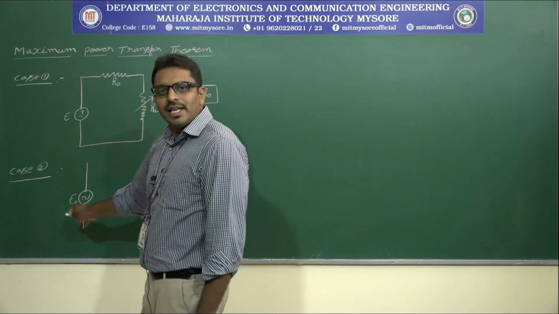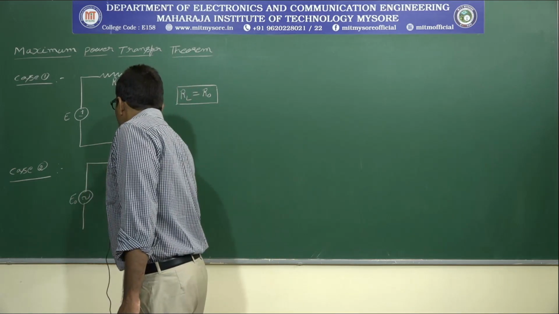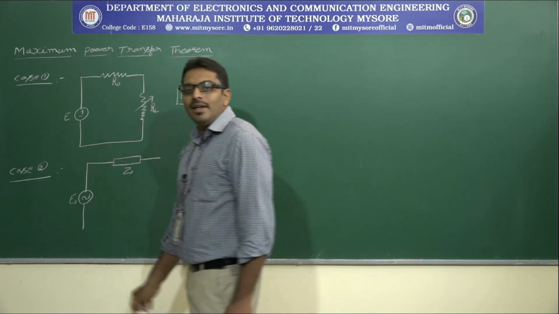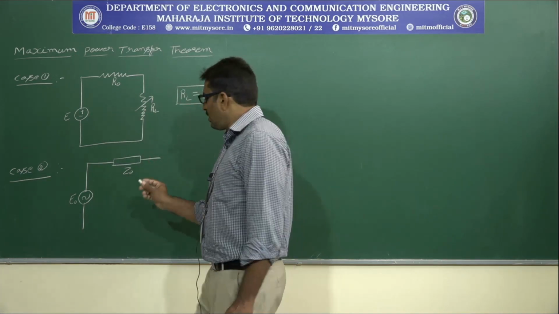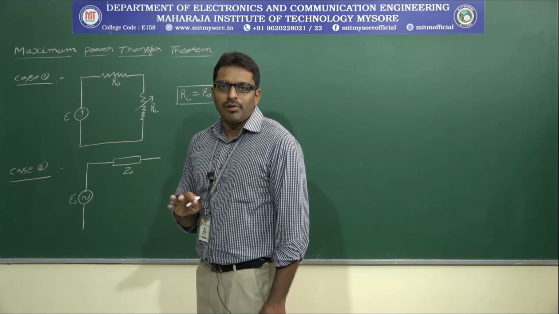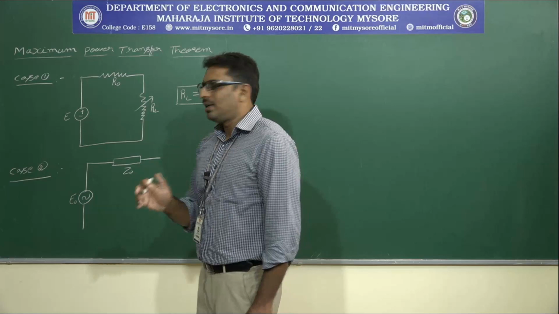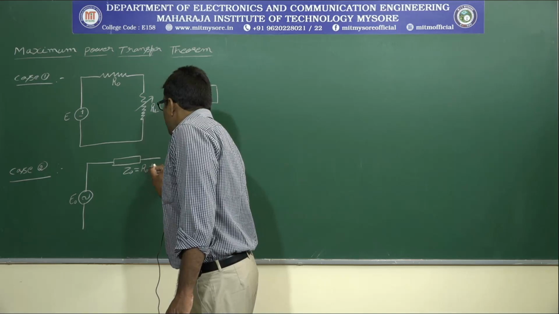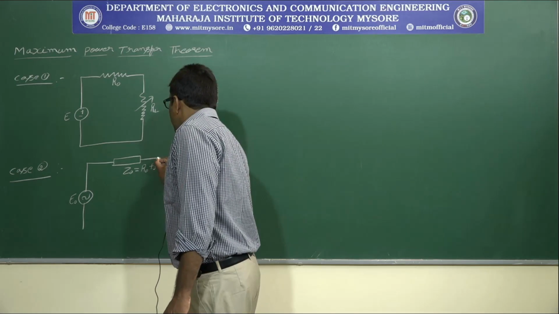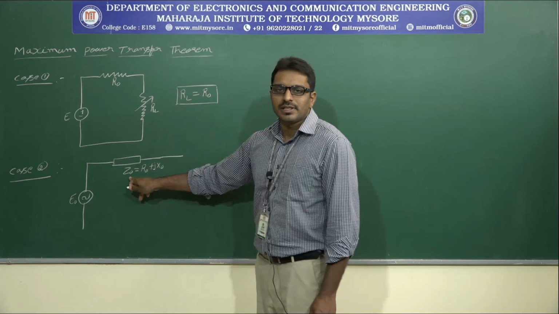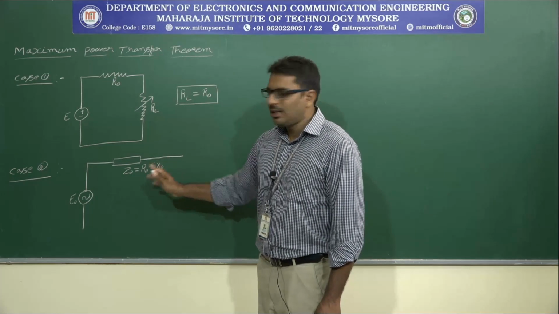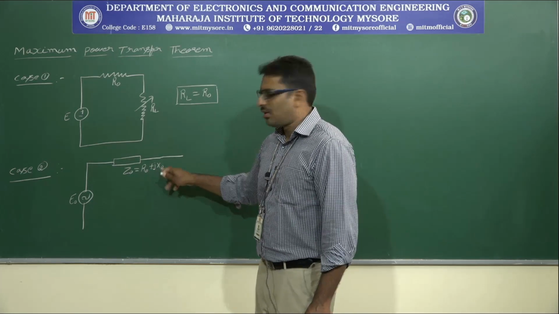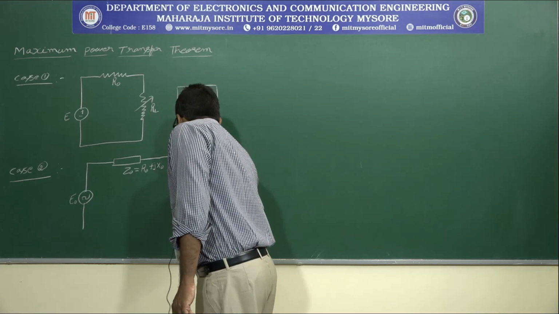If the source is AC, then it is connected in series with an internal impedance, represented by Z0. Impedance consists of both resistive and reactive terms, so let me write it as R0 plus j X0. What is Z0? Z is equal to R plus jX, right? So Z0 is equal to R0 plus j X0,